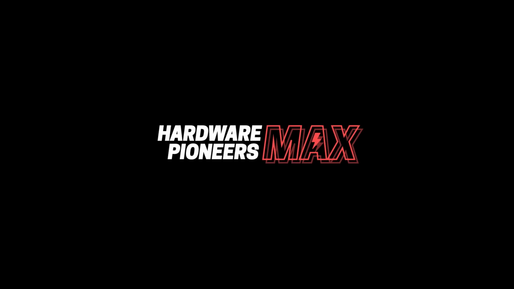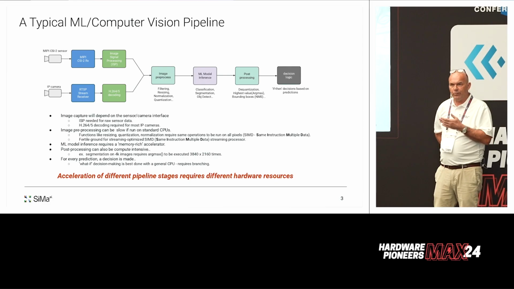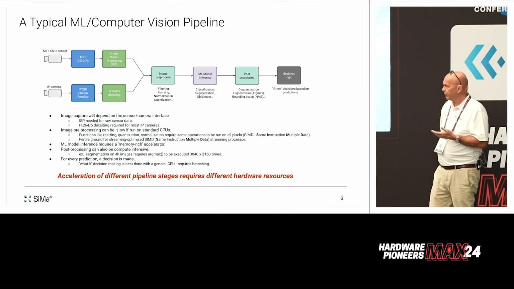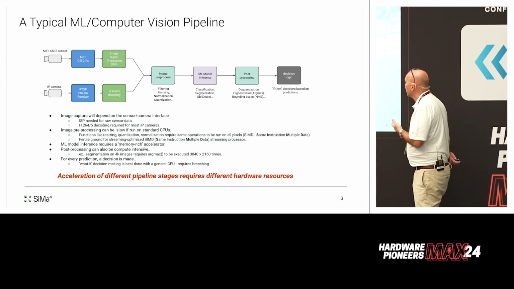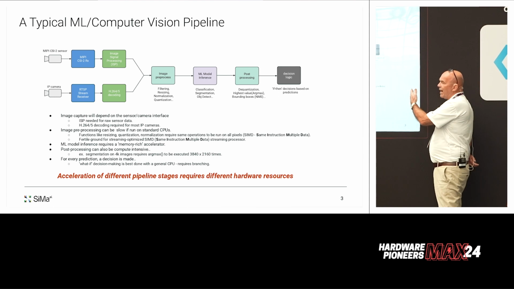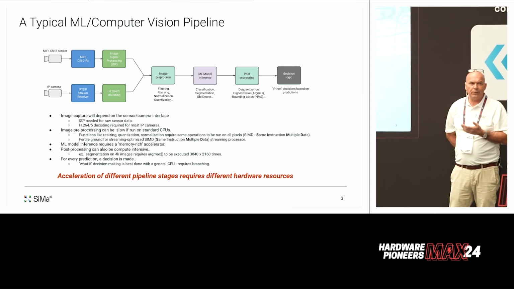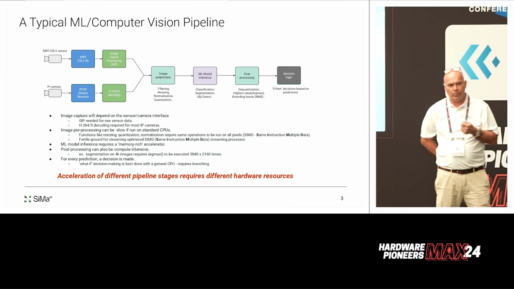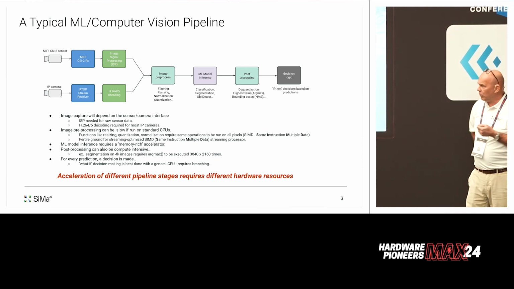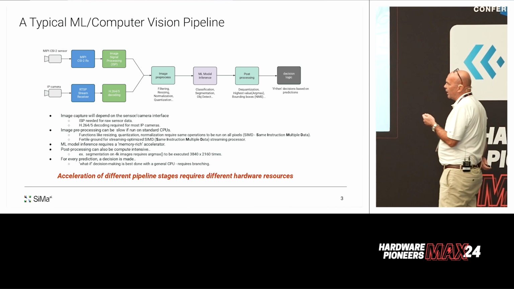So that we get to maybe 1 or 2 bounding boxes per image. Once we have all that, we then have to make some kind of decision. We have to do something with that information. So if you look at the entire pipeline